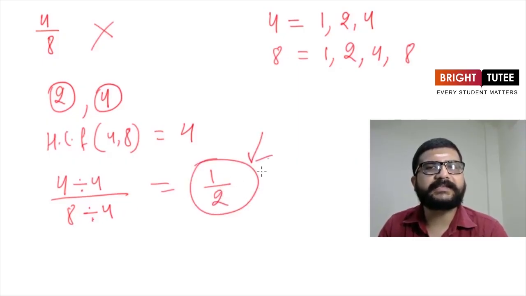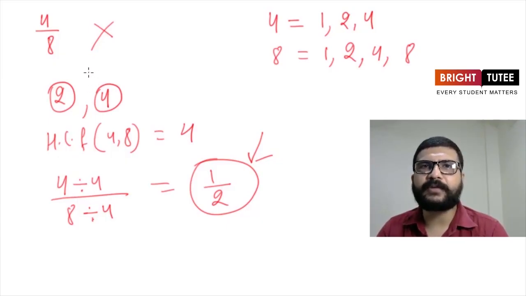So now this number is in standard form, and we know this number is equivalent to 4 upon 8 only, because what we did here, we divided both numerator and denominator with the same number. By doing that, the number remains same only. So it means 1 upon 2 is in a standard form, but 4 upon 8 is not in a standard form. So therefore from here we can conclude that every rational number can be converted into a standard form of a rational number.